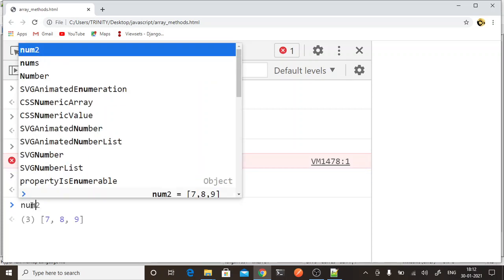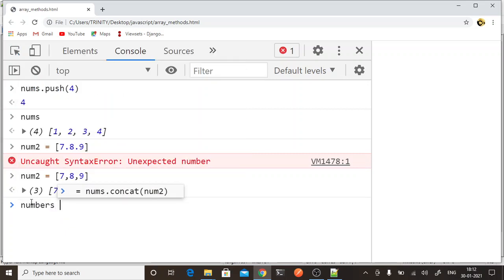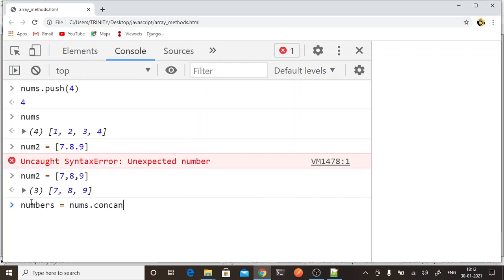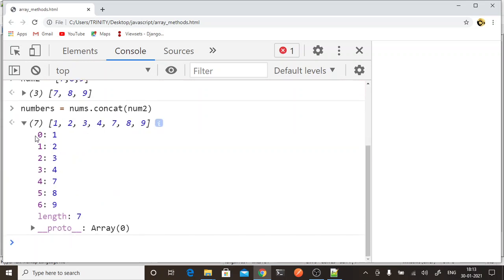So I will make a new array, numbers, and to my first array I will concat the second one, or vice versa. Concat num2. Now it is giving me only one array which has the values of the first array as well as the second array. So it is doing nothing but concatenating the two arrays and giving you one array.